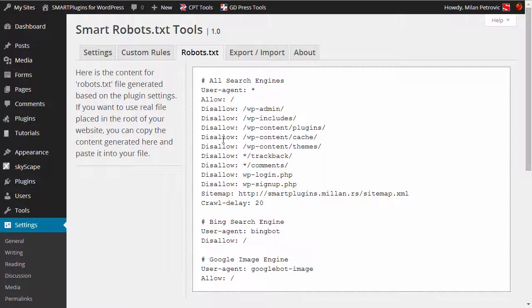Please check the documentation for this plugin to read more on how to create a valid robots file, and there are plenty of resources on the internet to help you create disallow rules, and how to avoid problems like locking out your website.